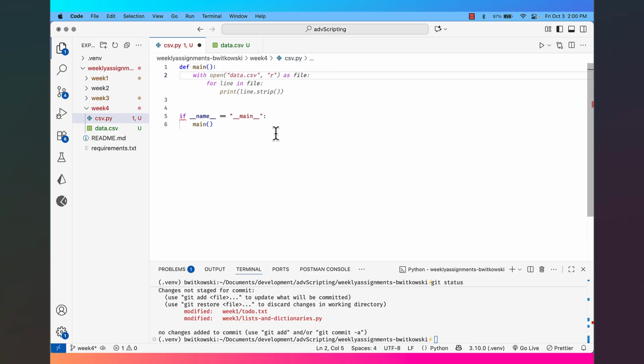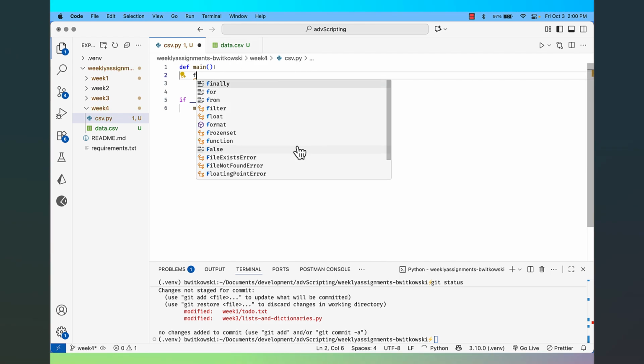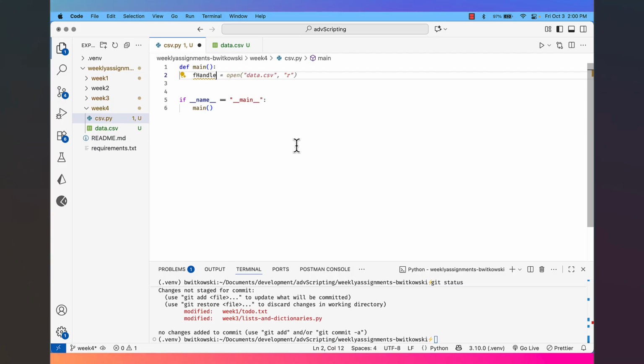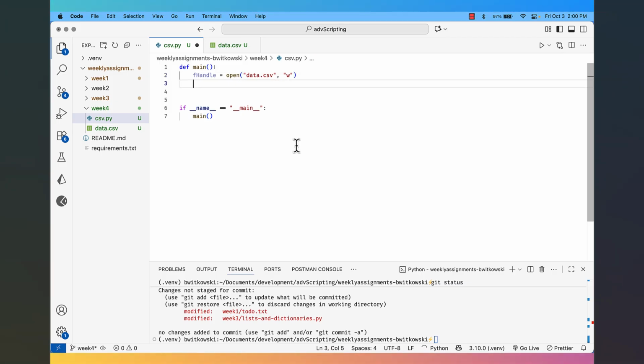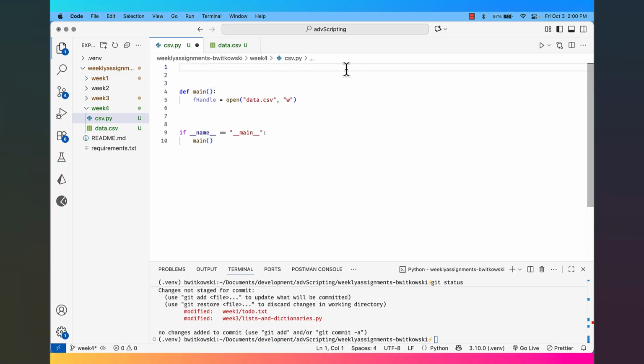So I want a file handle. So we called it data.csv. So I'm going to say I want a file handle equal to data.csv, and I actually want to open it for write. I actually want to create that file. Okay. And before I start writing to that file, what I'm going to do is I'm going to have some